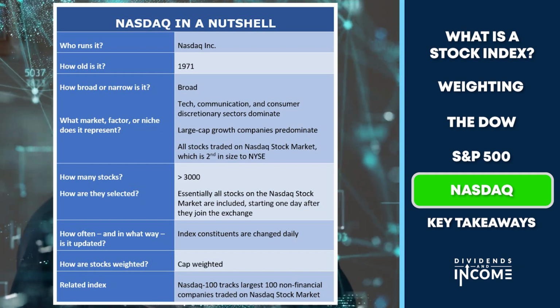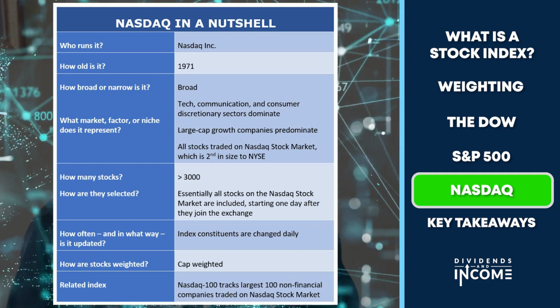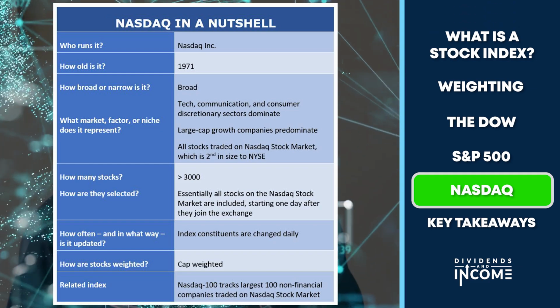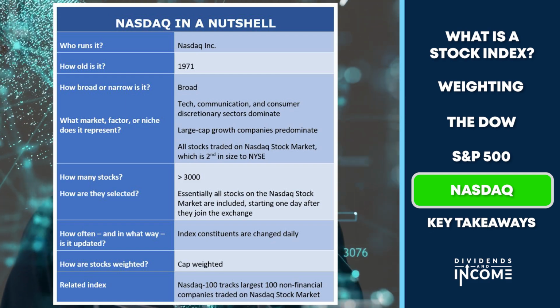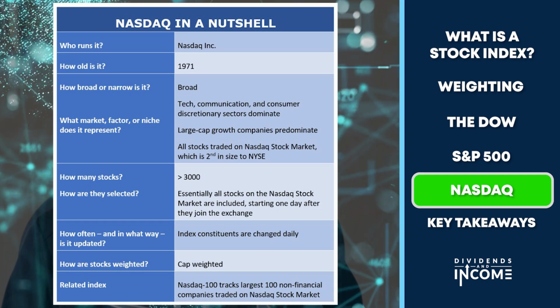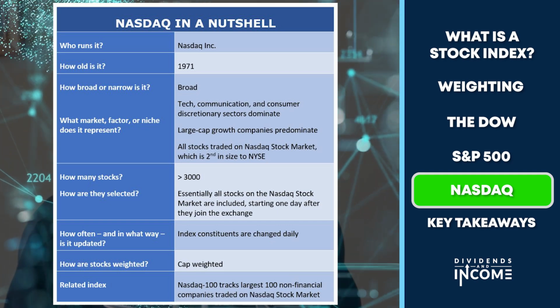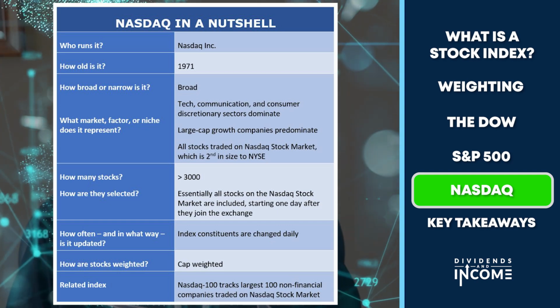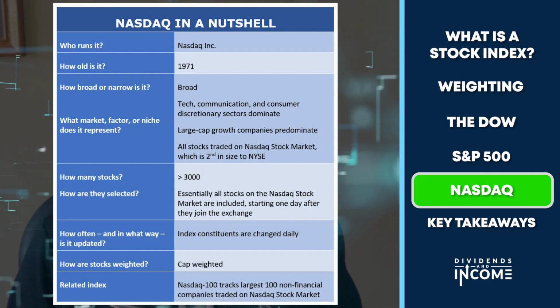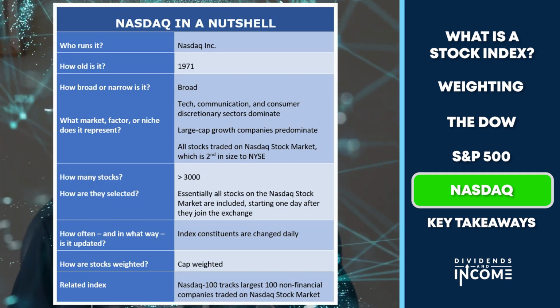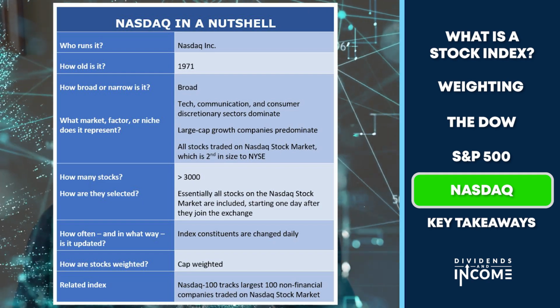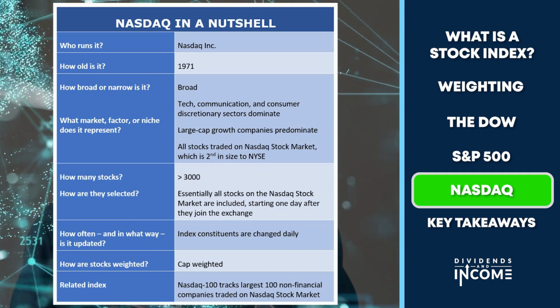It's run by NASDAQ itself, which is the name of a stock market. It dates back to 1971. It holds thousands of stocks, more than 3,000, so it is very broad in terms of coverage across sectors and so on. But the NASDAQ, as you probably know, is dominated by three kinds of companies: technology companies, communication companies,